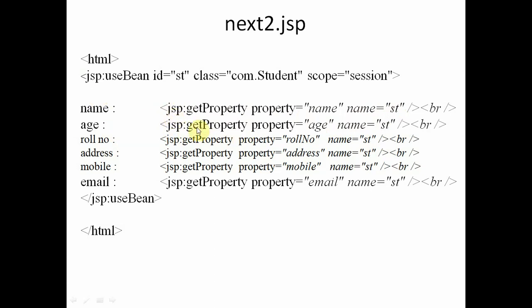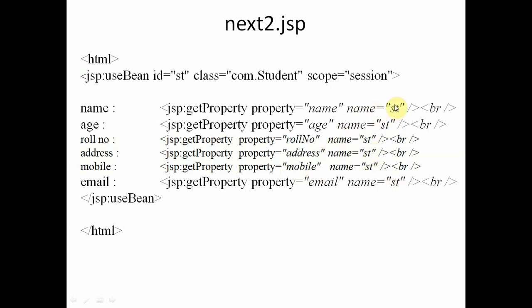So jsp colon get property, we are writing 6 jsp colon get property tags, and the property name is different: name, age, roll number, address, property mobile, property email, but the class name is the same, st, name equals to st, for all these 6.